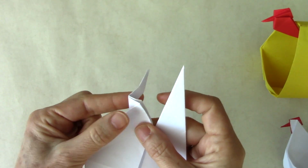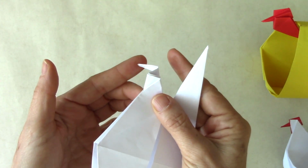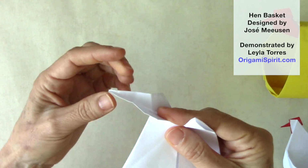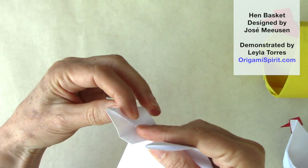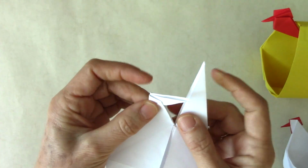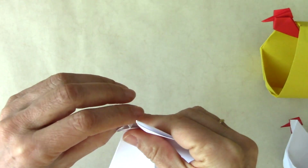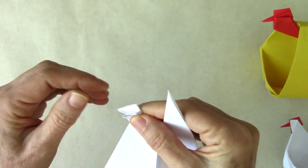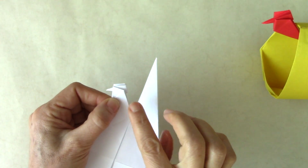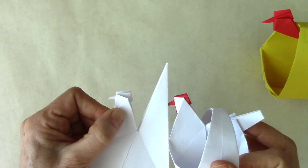Here we can see this pre-fold again. If we release, we can press this open and fold, reverse fold to the back and reverse fold again to the front. Just following those pre-creases. We can leave it like this, or at this point we can color the crest and the beak, and it's